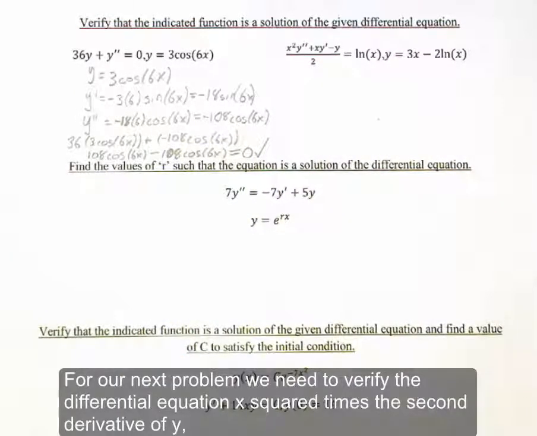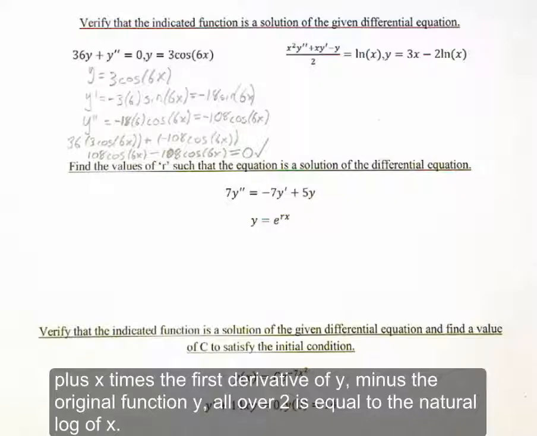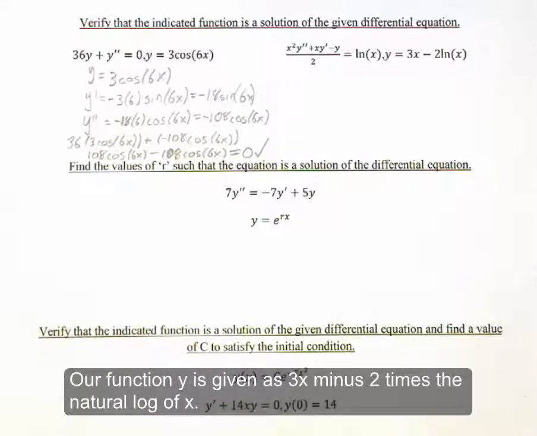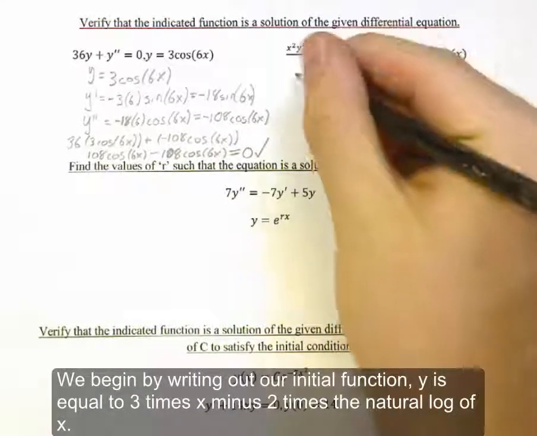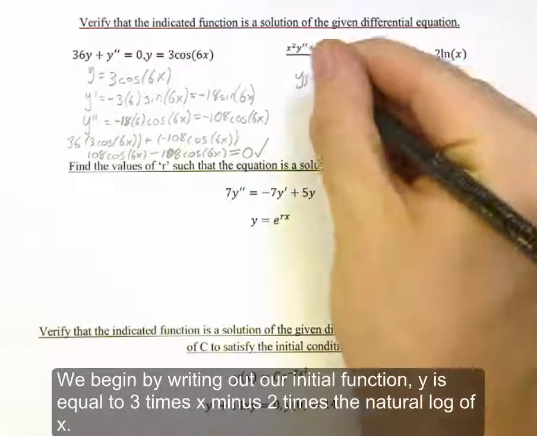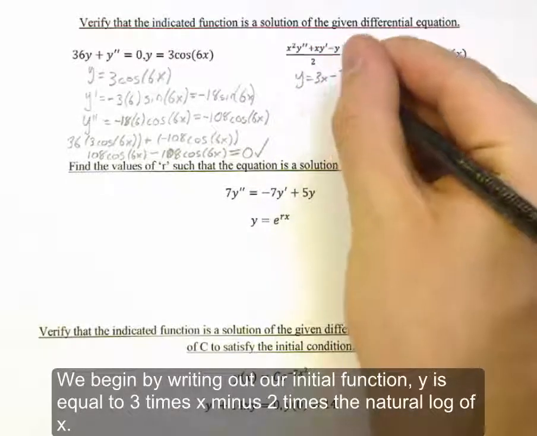For our next problem, we need to verify the differential equation x squared times the second derivative of y plus x times the first derivative of y minus the original function y all over 2 is equal to the natural log of x. Our function y is given as 3x minus 2 times the natural log of x. We begin by writing out our initial function y is equal to 3 times x minus 2 times the natural